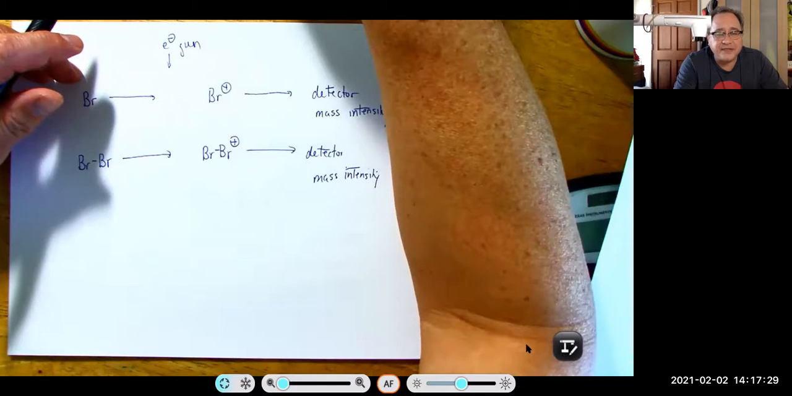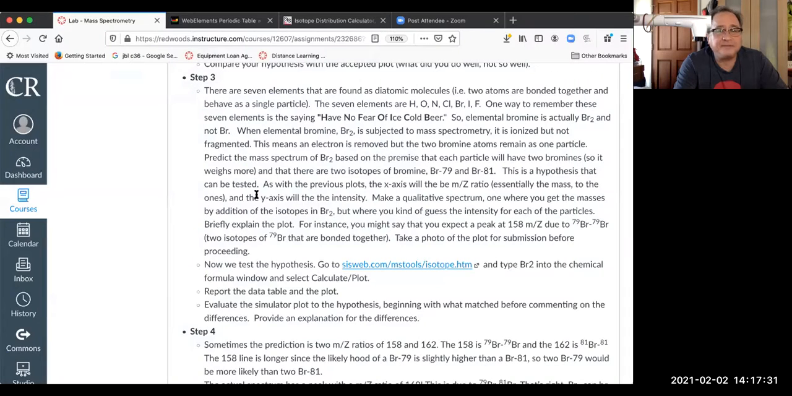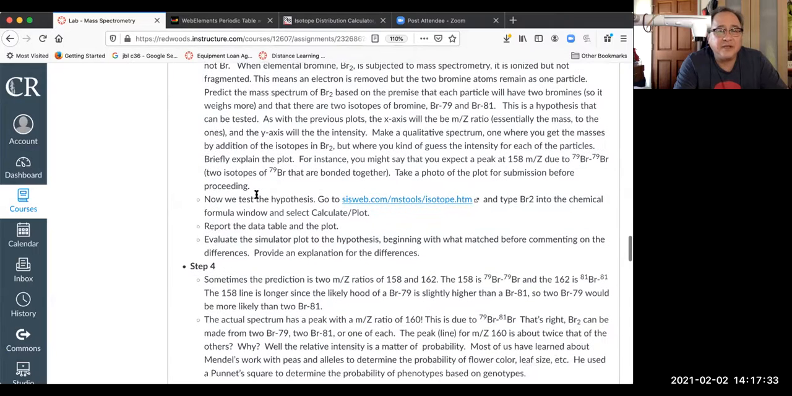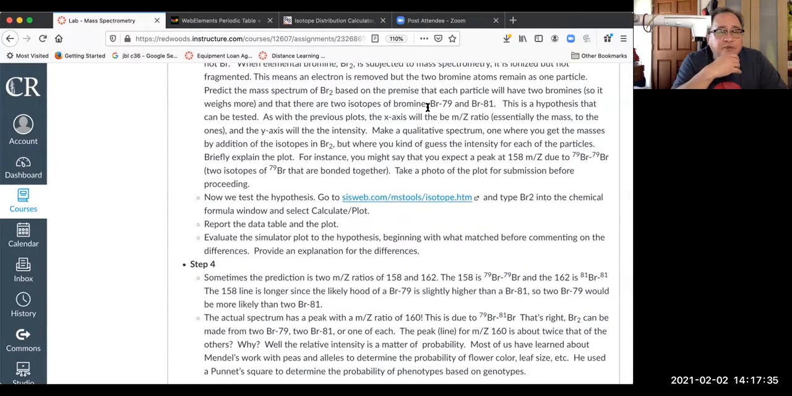So this is going to take some thinking on your part. There are 2 isotopes of bromine, 79 and 81. And you might remember that we looked at these earlier in step 1, right? We looked at the isotopes of bromine. One was 100 and the other was 97.5. Okay, so based on this idea,